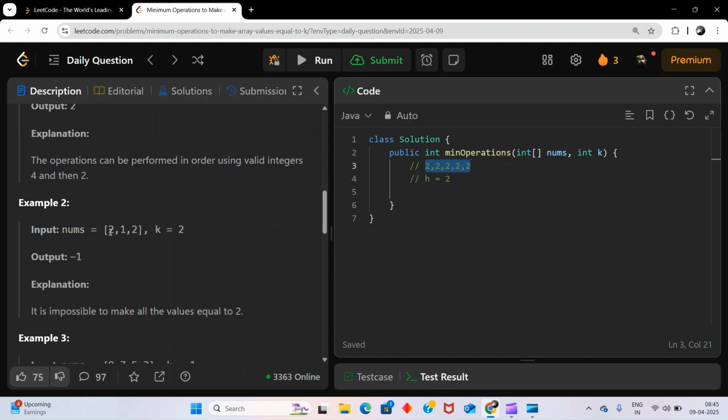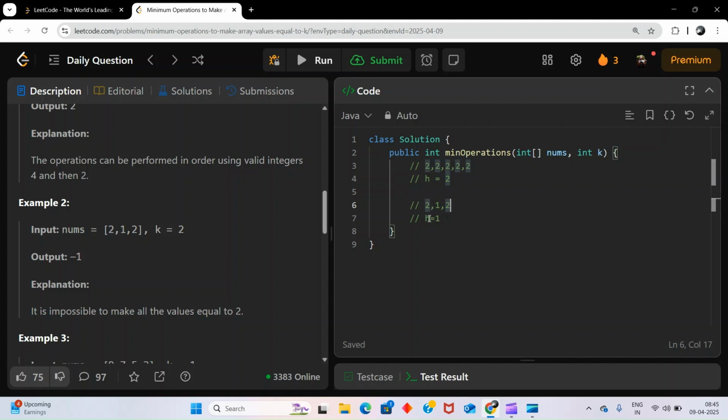Now if we see this example, 2, 1, 2. Let's consider any h. If we consider h equal to 2, our k is what? k is 2. So already these two elements are 2. So what is the maximum value of h we can consider here? It is 1. Maximum value means for this array, greater than 1 is 2.